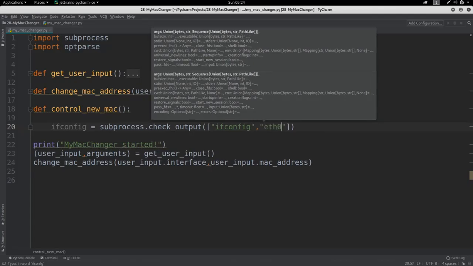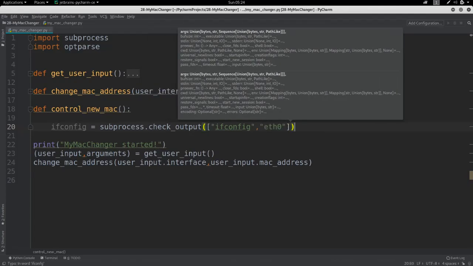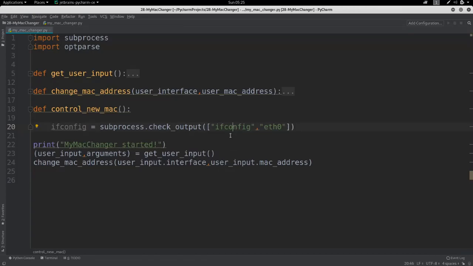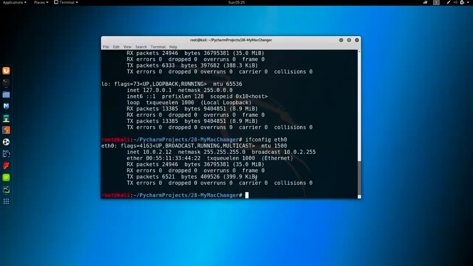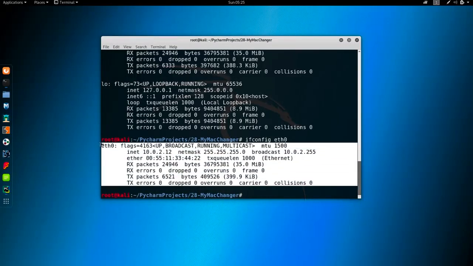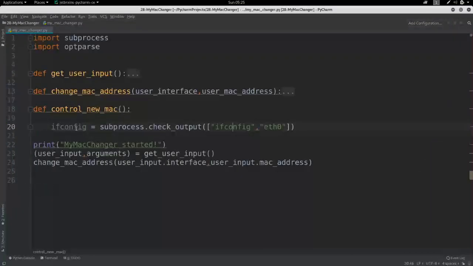So ifconfig eth0, for example, and it won't just run the command, but it actually checks the output of that command. So if I type ifconfig eth0, it will run the ifconfig only for eth0, and it will show me the result of that. And we're going to get this exact result and save it to a variable called ifconfig